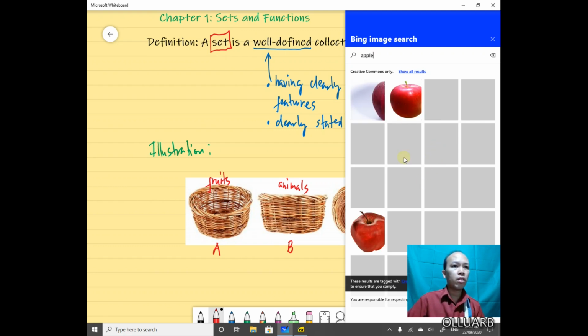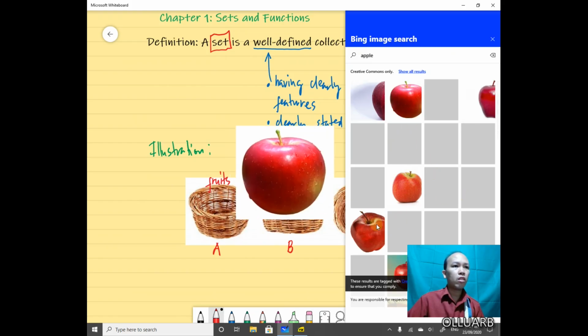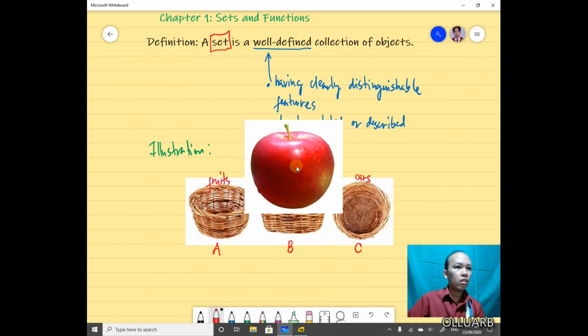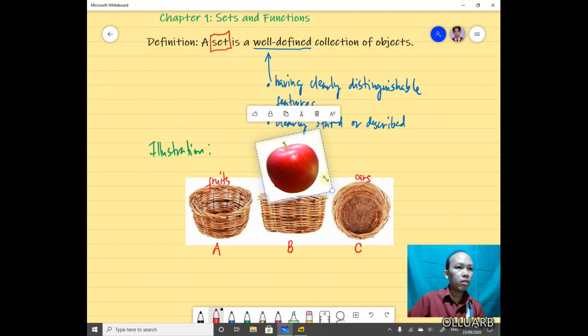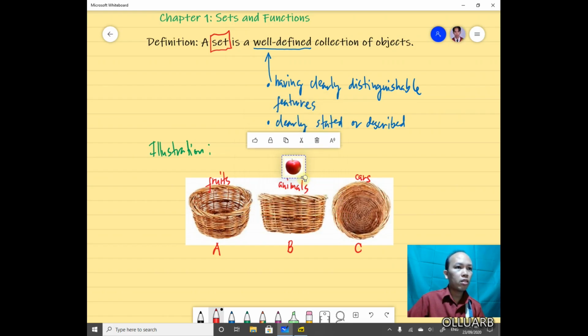Let's say this one. I like this color. Okay, and let's try to resize this as this one. Okay, let's put it here. Okay, when you have an apple, as you can see here, this object,